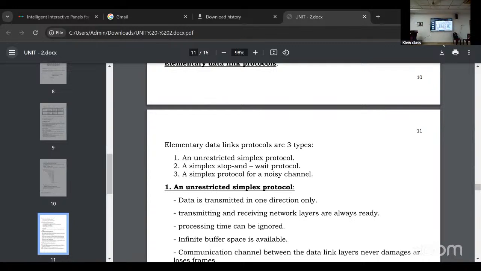Twisted pair ఎప్పుడైనా చూసారా మీరు? ఎలా ఉంటుంది twisted pair? ఎలా ఉంటుంది వైర్? ఎక్కడ యూజ్ చేస్తారు twisted pair?